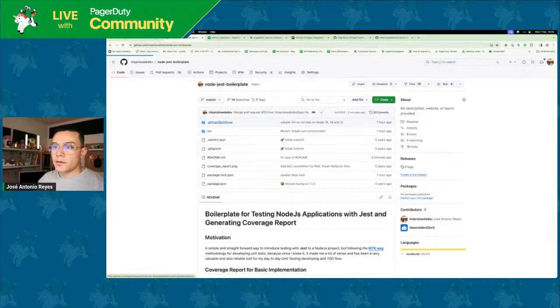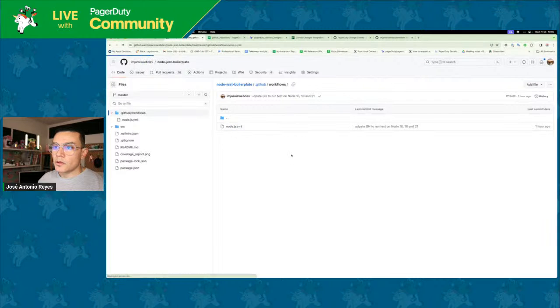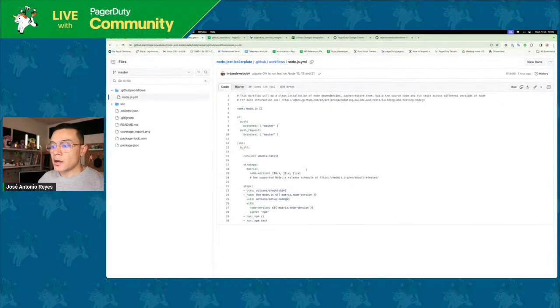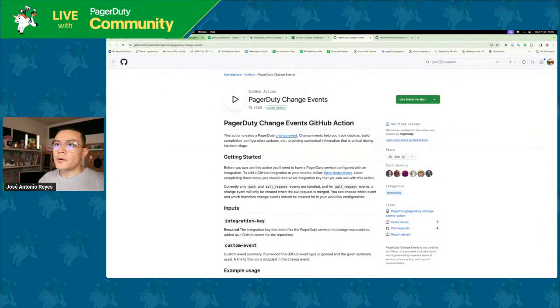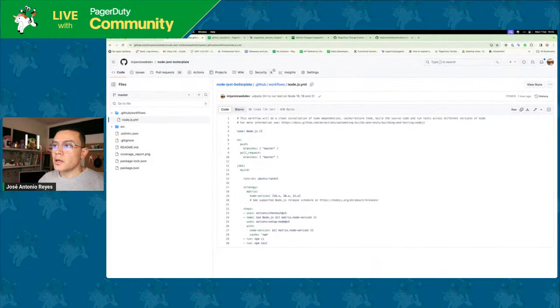And GitHub Action, Node.js. So I'm going to introduce a GitHub action to send incidents to the service based on the result of a pull request. But before getting into that,